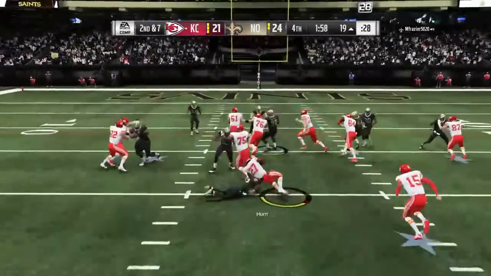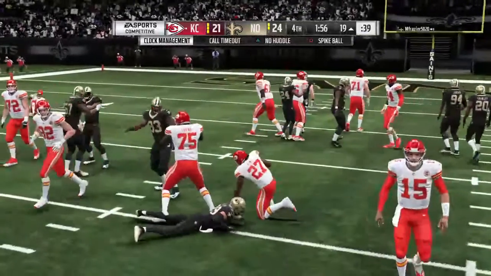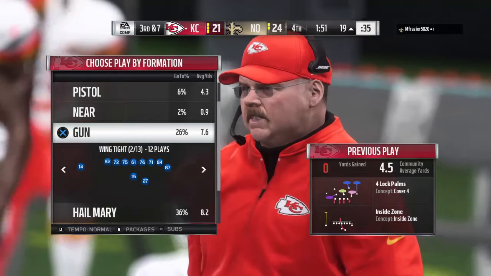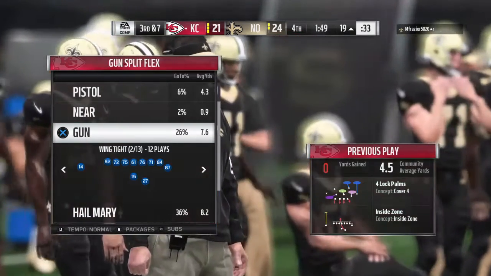They run again with Hunt. And he is met at the line of scrimmage, and he goes down right there. Credit the tackle to Kurt Coleman. So nothing there that time, and maybe